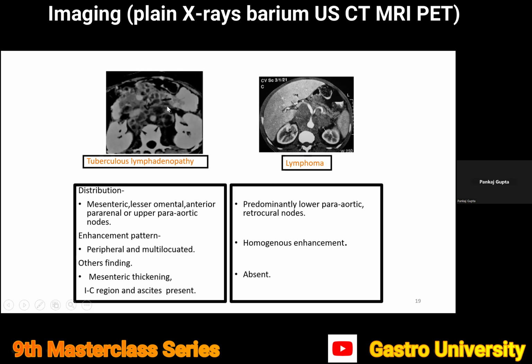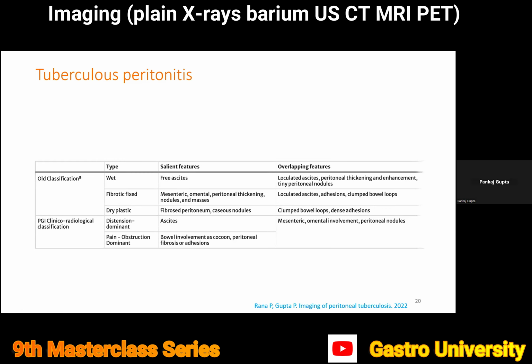Lymph nodes in TB are usually the most concentrated in the mesentery. And in case of lymphoma, these are present both in the upper as well as lower abdomen. Retrocrural location is one of the sites which favors the lymphomatous involvement. Now, coming to peritoneal tuberculosis, the previous speaker has shed some light on this particular topic, but what